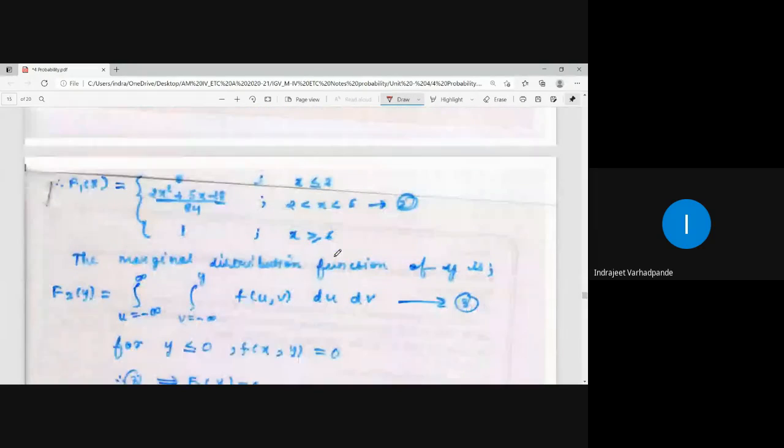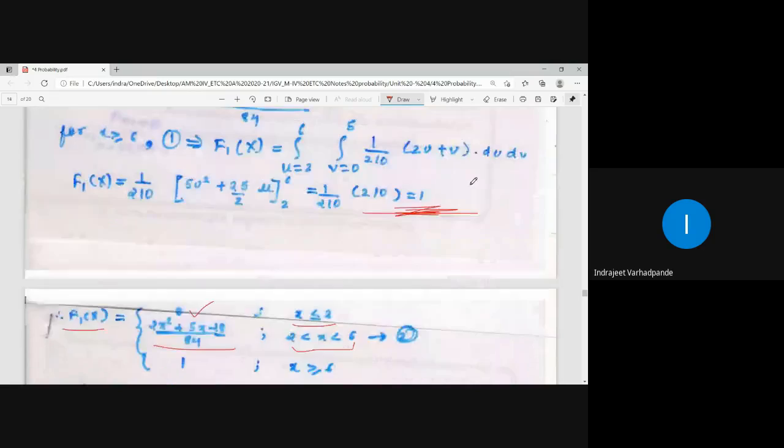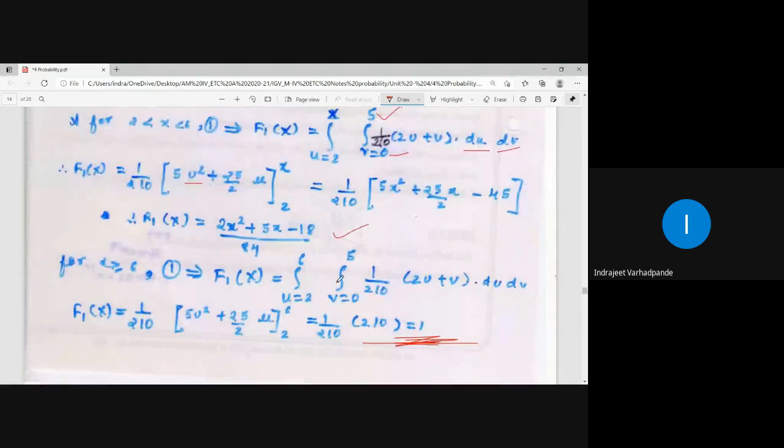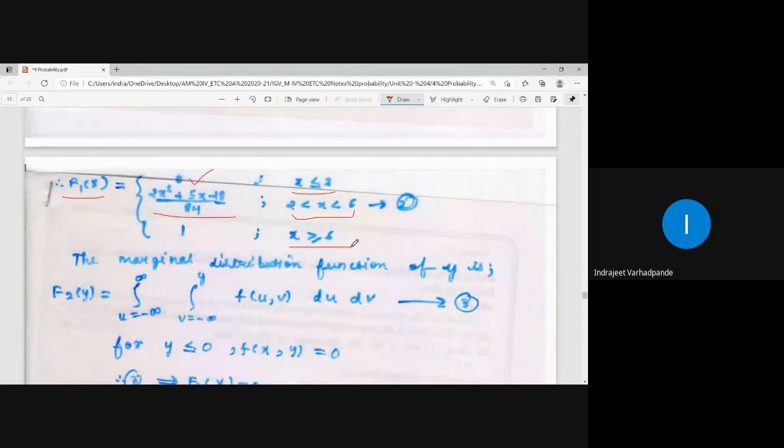Now immediately from the distribution function I can calculate the density function. How is density function? Density function is calculated by taking the derivative. So distribution function कैसे लिखा है? For x less than 2 it is 0. Between the range 2 to 6 it is obtained in the form of x. You can see the calculation over here. And beyond the range x greater than equal to 6, the answer is obtained as 1. Is this point clear for the marginal distribution function for x?